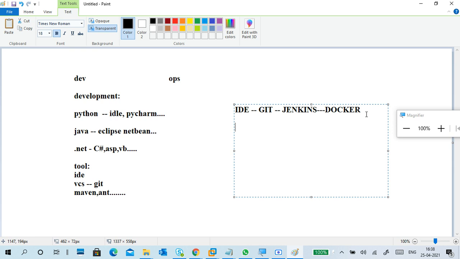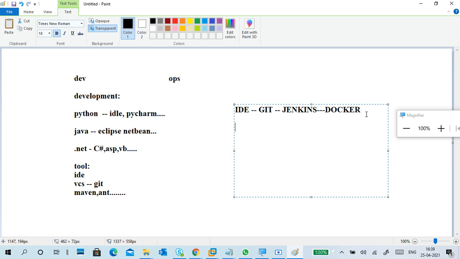The advantage of DevOps is it is not a single tool or single application. It is multiple tools we are using inside DevOps, and most of the tools we are using are open source only. Maven is open source, Ant is open source, and you don't need to pay for Eclipse.